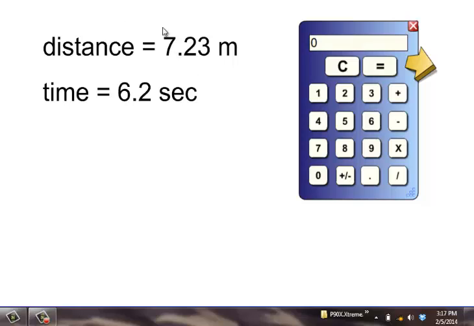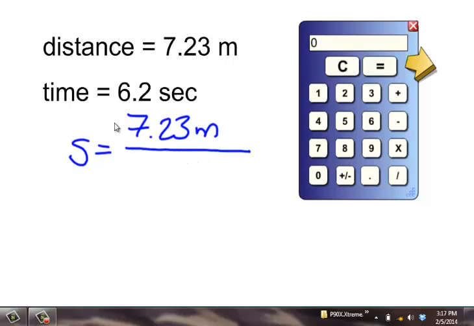Let's say we had these calculations as an example, that our course was 7.23 meters long. Now that's much longer than yours. And the time took 6.2 seconds. So what I would like to see when you calculate your speed is you have written down speed equals, our distance is 7.23 meters divided by the time is 6.2 seconds. Okay, it's very important that you write down the units. Now I don't need to see you show your work on the side and do long division. I would much rather you come over here to a calculator,